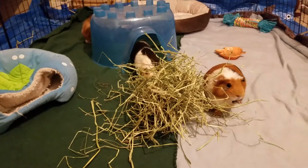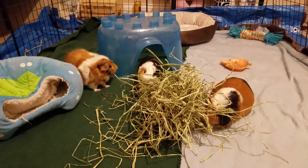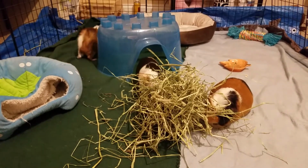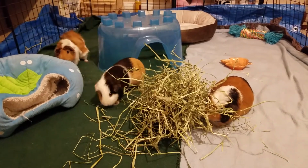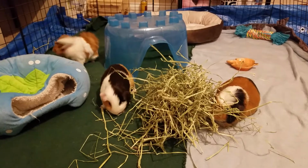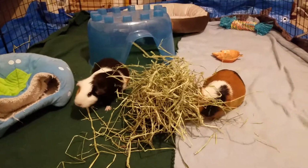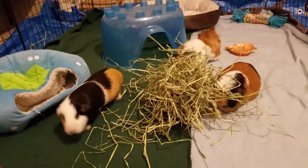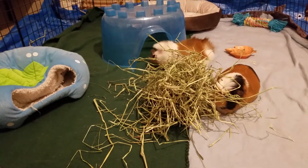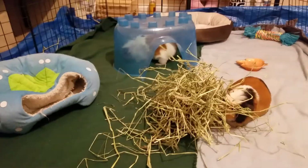That's still the one thing I go back and forth on: it's better for your back if you have a cage at waist height. But it's easier to do floor time when they're closer to the floor, because you can just open the cage, or have a big pen on the floor, and it lets them have floor time. I don't know. I think eventually what I'm going to get to is